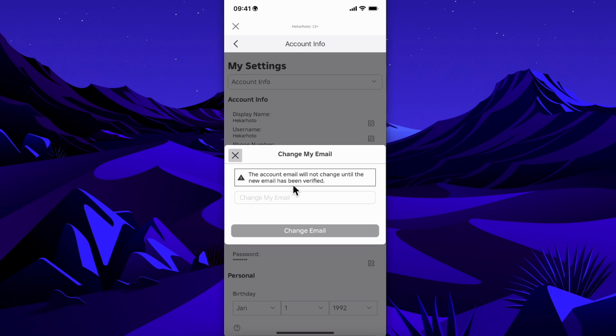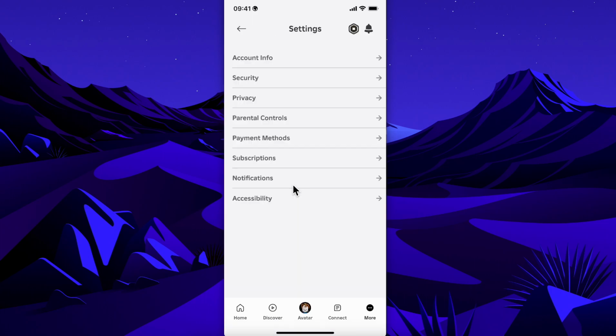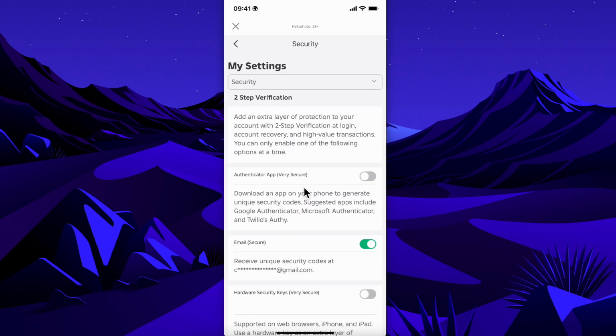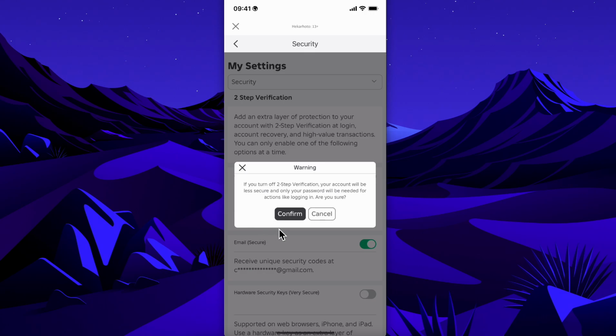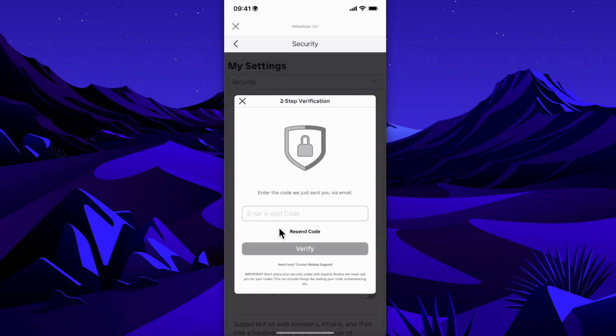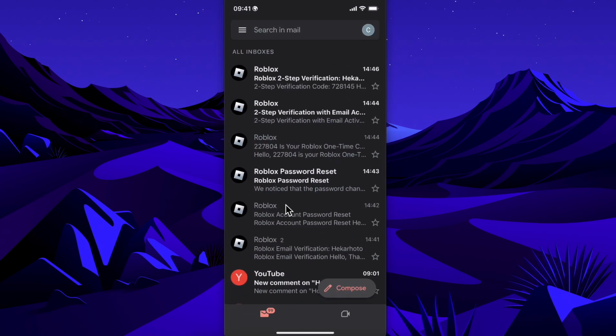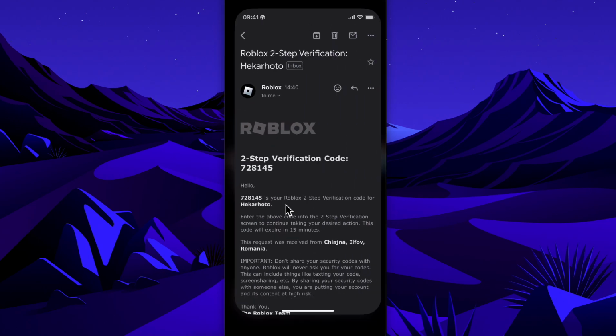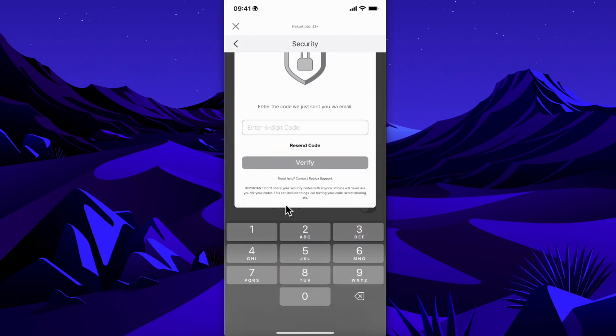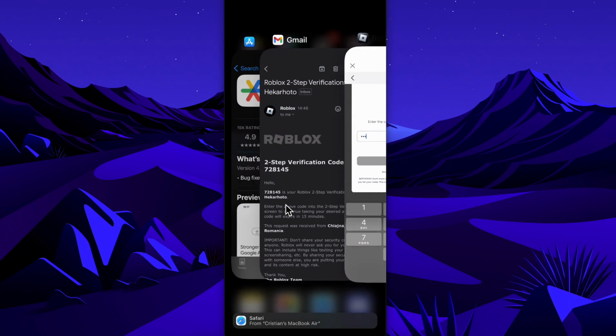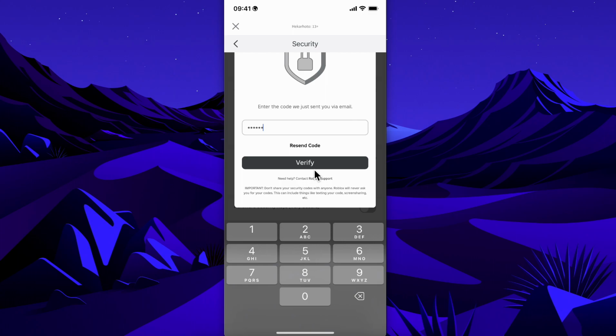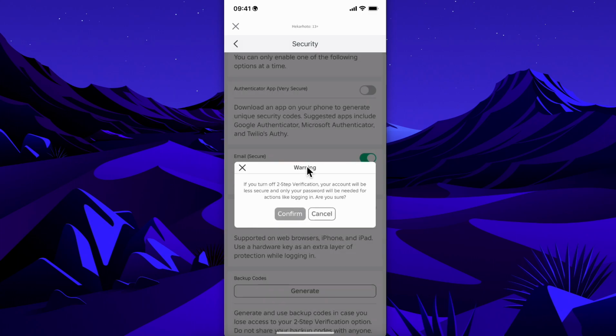to change your email. Now, you're gonna have to go back and tap on security, and then here you're gonna have to again disable this option. Now, as you can see, you're gonna have to confirm this, and then you're gonna receive a code on that email address. So I'm gonna go back here, and as you can see, we have here the code. So let me enter the code really fast, and then we're gonna have to simply tap on verify, and